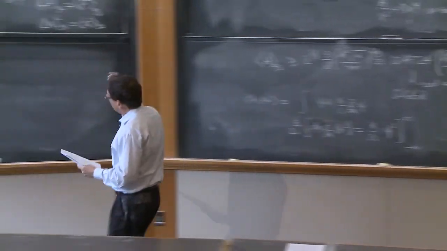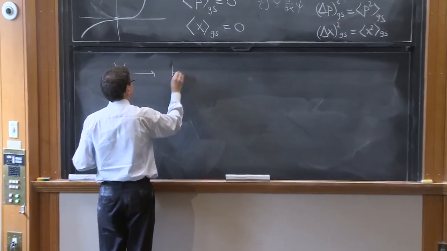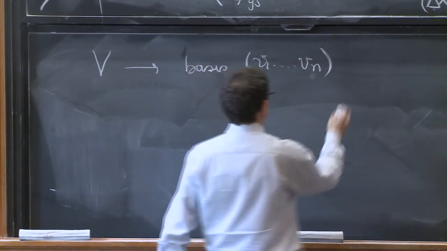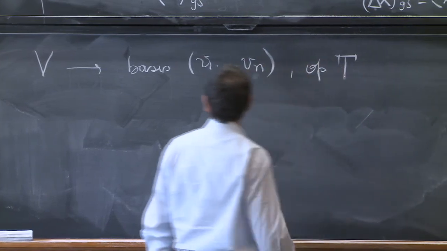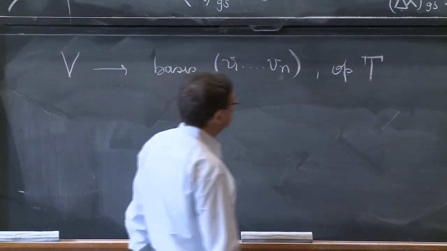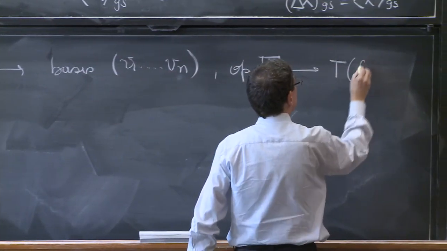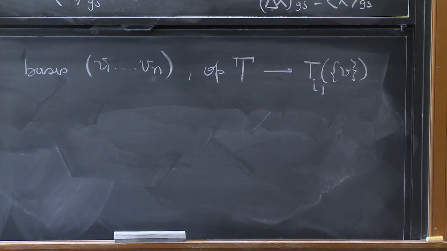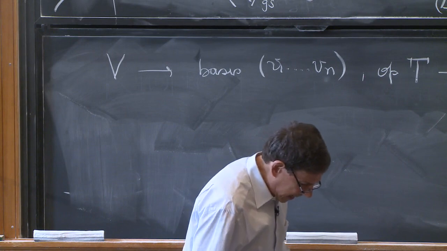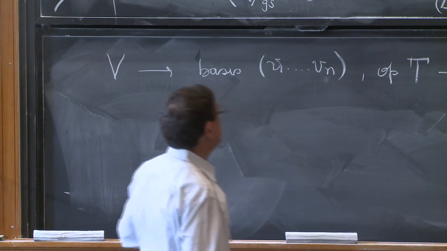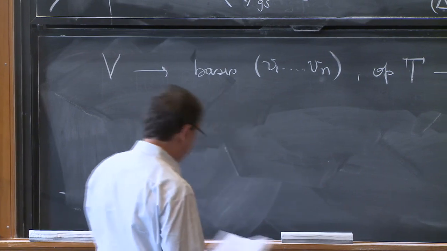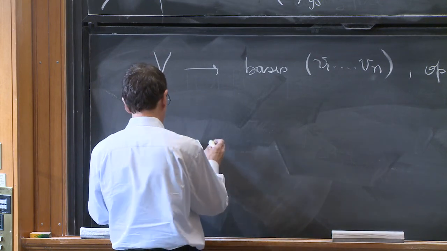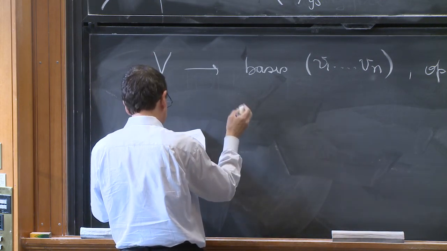Let me then think concretely now that you have a vector space and you've chosen some basis, V1 to Vn, and then you look at this operator T, and of course, you chose an arbitrary basis. There's no reason why its matrix representation would be diagonal. So T on the basis V, T_ij, sometimes to be very explicit we write it like that, is not diagonal. Now, if it's not diagonal, the question is whether you can find a basis where it is diagonal, and then you try, of course, changing basis, which you've discussed in the homework, with a linear operator. So you use an invertible linear operator to produce another basis,